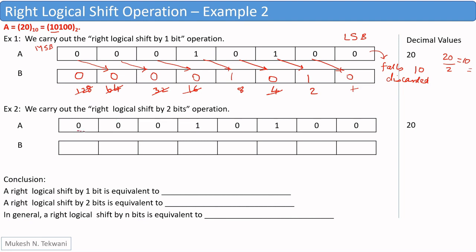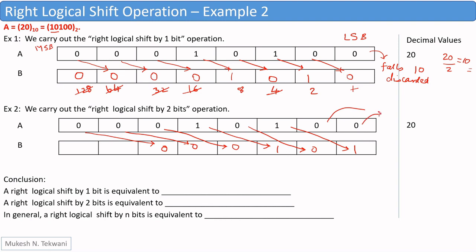So again our original number is the same. We will start with the most significant bit, and we will shift it by 2 places. So its original place would have been this. This would have shifted it by 1 place to the right. So we shift this by 2 places to the right. So the 0 comes here. This 0 appears in the next position. This 0 appears in this position. The 1 appears here. This 0 appears here. 1 appears in the least significant bit,